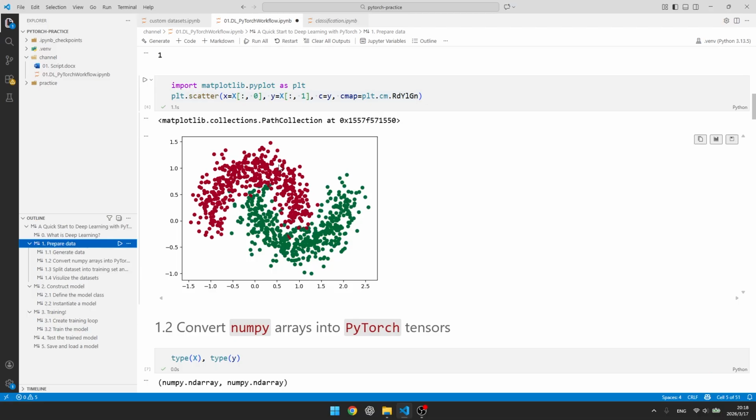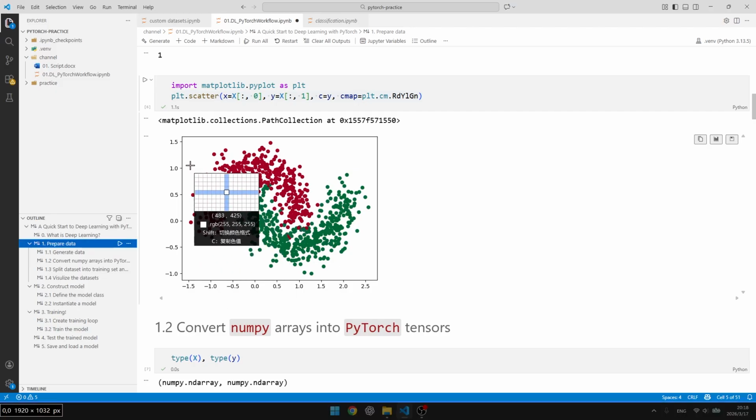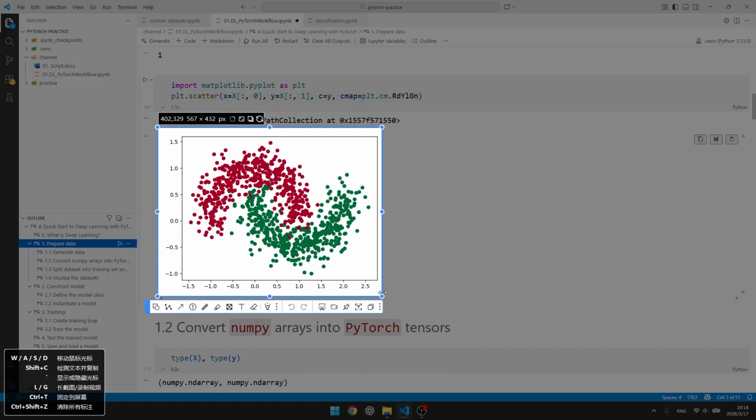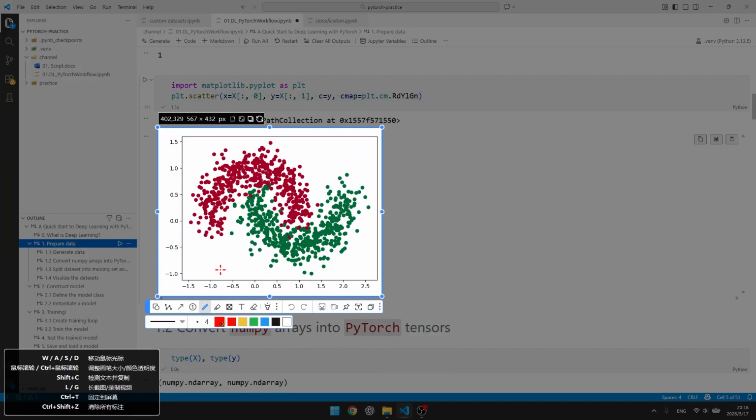We have two different colors of dots, red and green, and as you can see, there is a decision boundary between them that can separate them into different classes. So we just need to find a decision boundary to separate them.